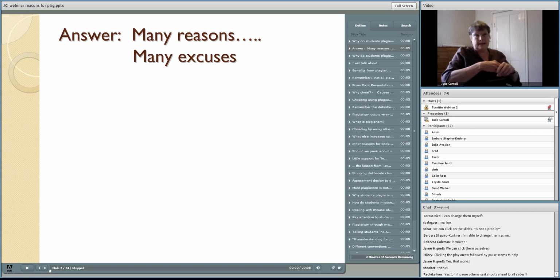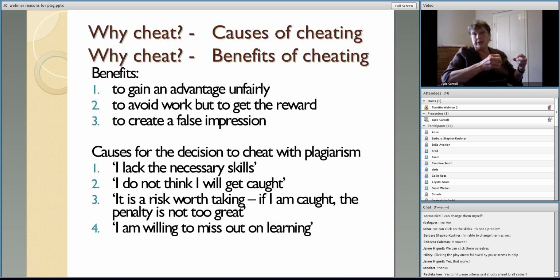The second reason they cheat using plagiarism is that they don't think they're going to get caught. Now, these causes begin to get important because as you start looking at them, the not getting caught is part of the solution. It's part of how you deal with it. They don't think they're going to get caught and they do it. A lot of times they say, well, there is a risk, but it's a risk worth taking. They feel that the penalties are not high enough to be a deterrent. That's important. We need to get penalties that are high enough for deliberate cheating so it's a deterrent.